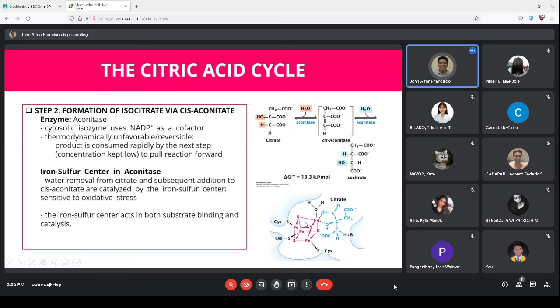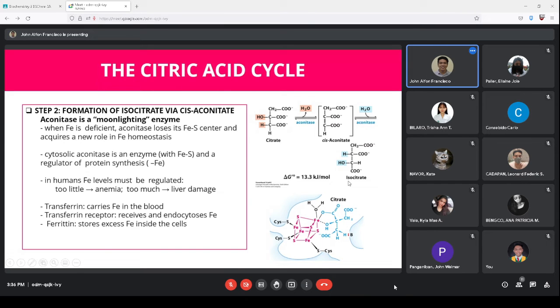So ito yung enzyme mo, yung aconitase mo, and within this, meron kang base and the other residue of cysteine that binds with the iron sulfur complex, and it binds with your citrate. Afterwards, you will have now your isocitrate. Okay? So aconitase is a moonlighting enzyme. It means nagpo-function siya in other ways. Sa enzyme niya, yung enzyme na ito, hindi lang siya nagpo-function as to help yung hydrogen addition or hydrogen removal